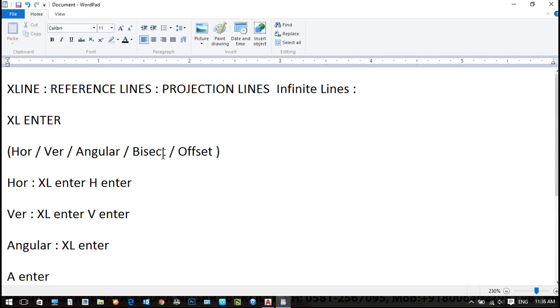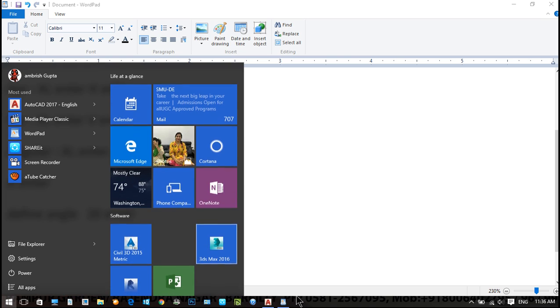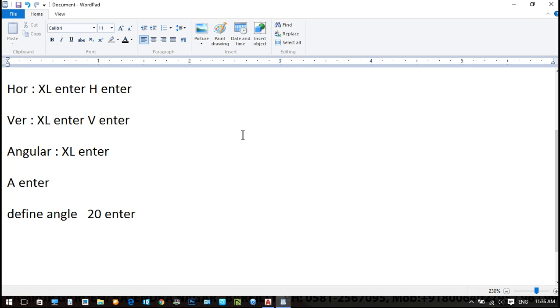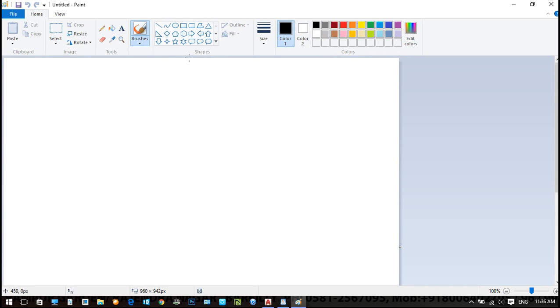Now next is bisect. What is bisection? To cut a section means cut an angle. So just like we have a 45 degree angle, and we are having an angle which we don't know how much it is. And then we want to bisect that angle. So particularly we utilize this. So to bisecting. So this is my angle. Okay, we don't know the angle between both the lines.